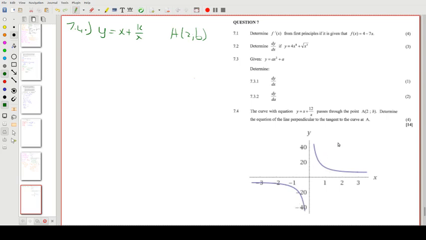If you zoom out a little bit, you'll see that the asymptotes are skewed a little bit. They're not just horizontal and vertical, and that's the difference. But for now, the important thing is just to get an idea of what it looks like. So we're asked if there is a tangent at this point at A. So A is where x is 2, right? So that's right there. So if we draw a tangent to that point,